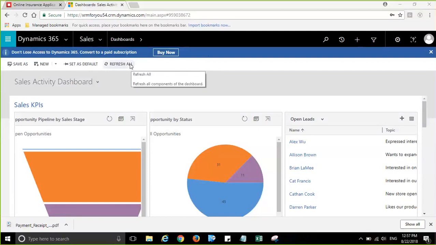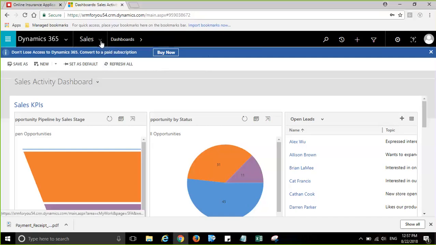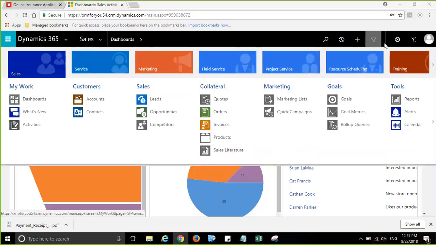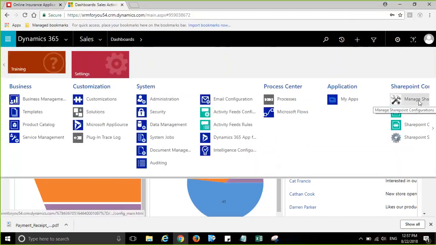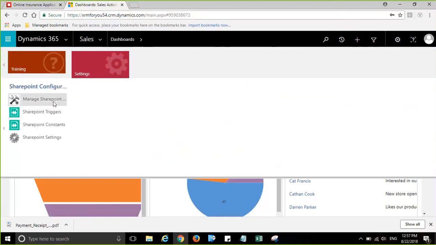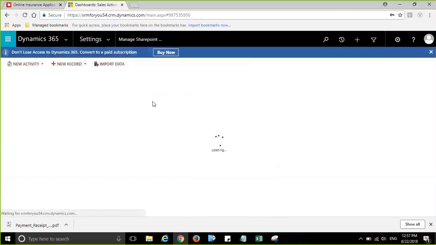So what this tool is all about: it sits on top of the out-of-the-box CRM SharePoint integration. If you want to install our tool, you will get it in the form of a managed solution, which when you install will come under settings and then manage SharePoint configurations, the link right here. If you click on manage SharePoint integrations,